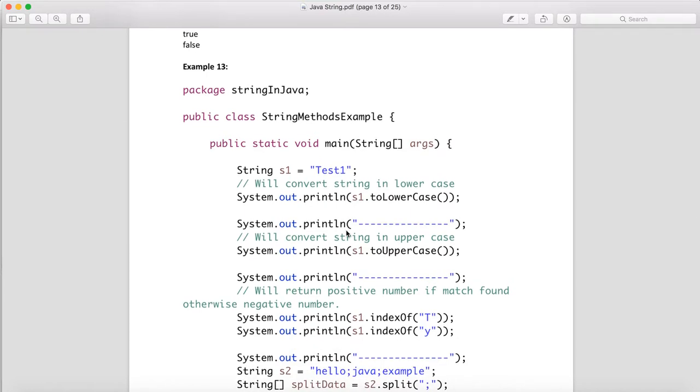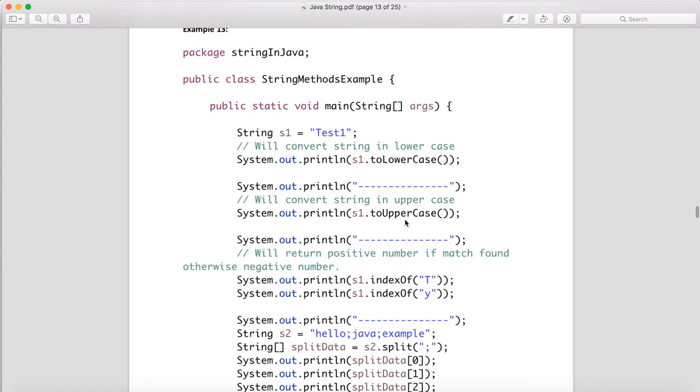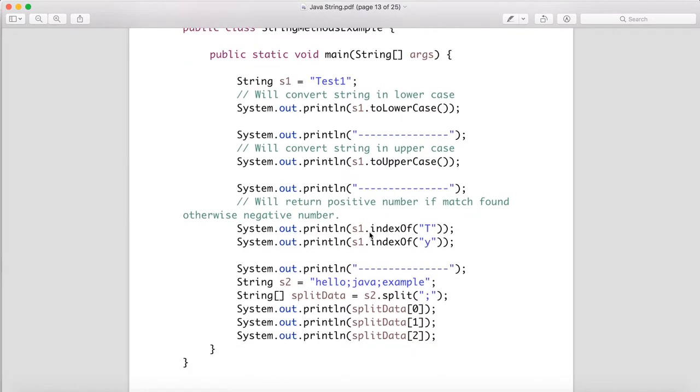Now some string methods we have. You have s1 is equal to Test1. When you say s1.toLowerCase(), this will convert everything into lowercase. When you say toUpperCase, everything becomes upper. This is very important. When you say s1.indexOf("t"), in the given string you are trying to get the index of t, and you will get a positive number. But when you say indexOf("y"), this y is not available in this string, so you will get a